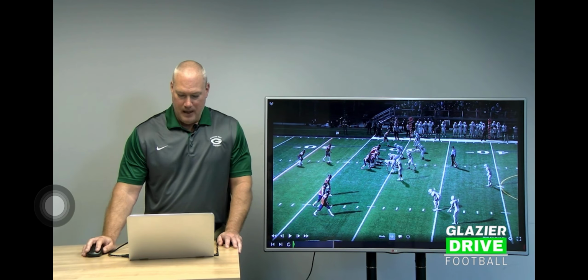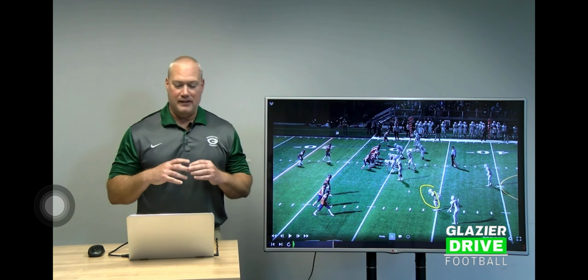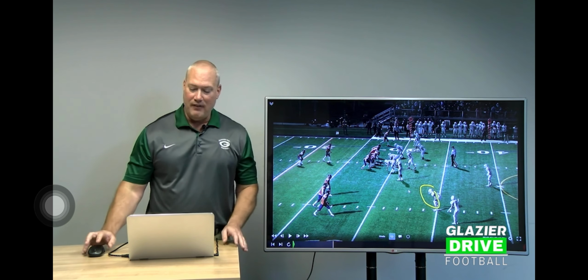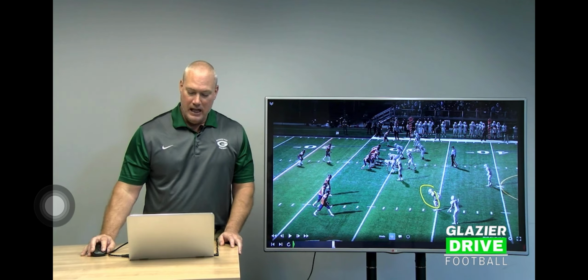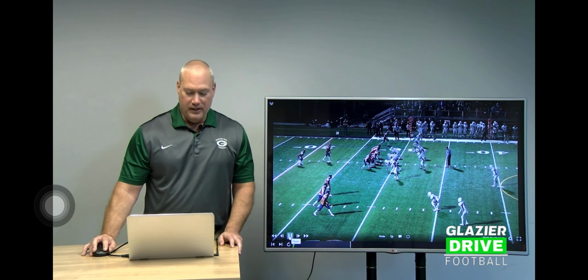Keep an eye on our outside backer. Looks like he's out here on an island, and the great thing is if you can get your outside backers to defeat blocks, now we don't have to add more guys to the party out here, and we can kind of keep our 3-3 intact and stop the run, which is our primary concern. So in this case right here,